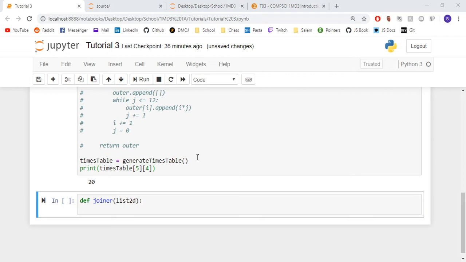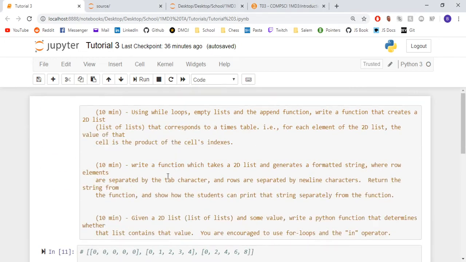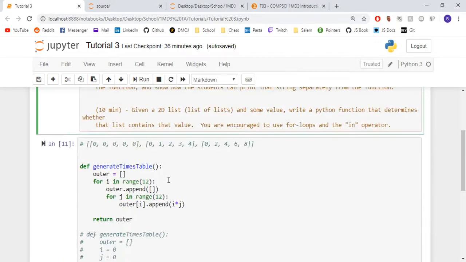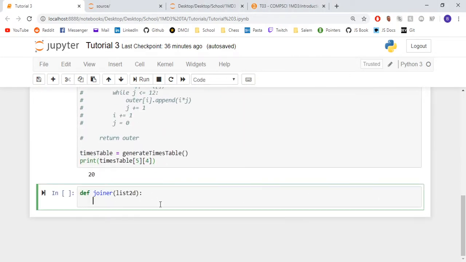So we want a tab character in between every row element. Row elements are separated by the tab characters, and then every row is going to be separated by a newline character. So I'm sure you guys know from the last assignment about the join function for Python